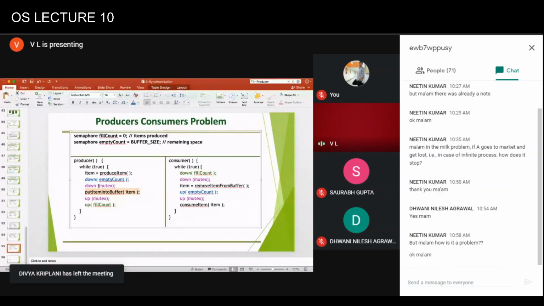We use a down, sorry, I should not be using down. We use the wait and signal mechanism. I wrote something wrong, I'll correct it. Wait.